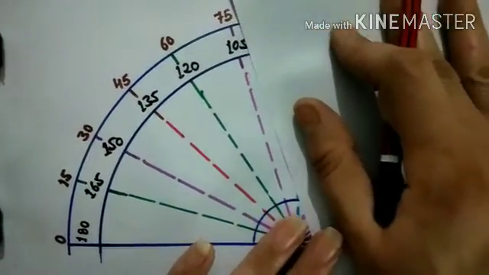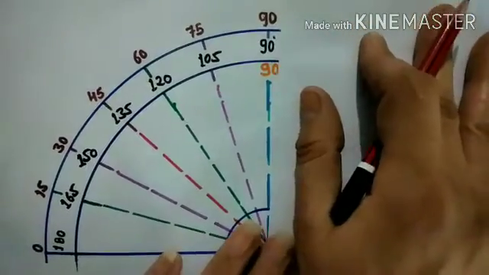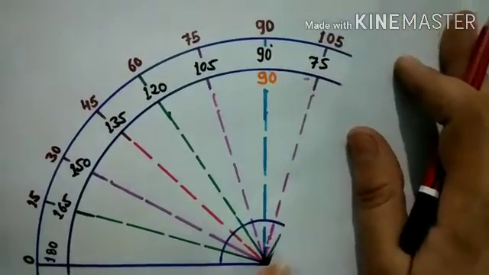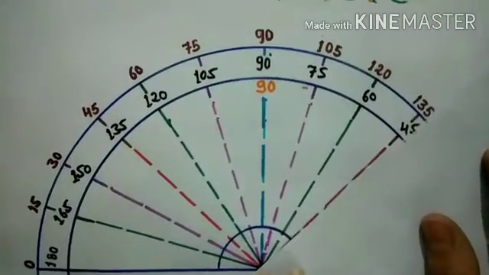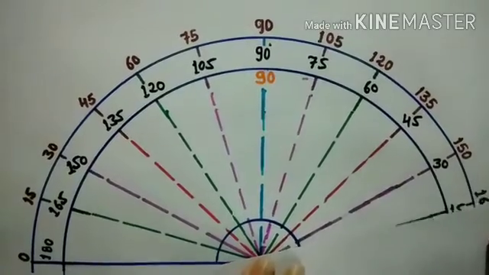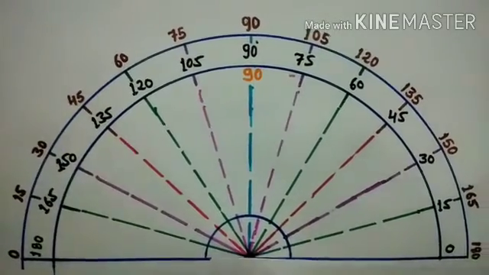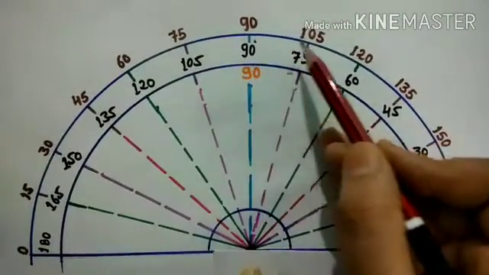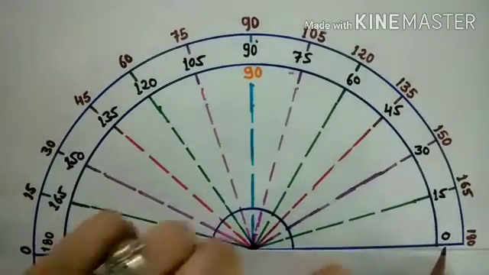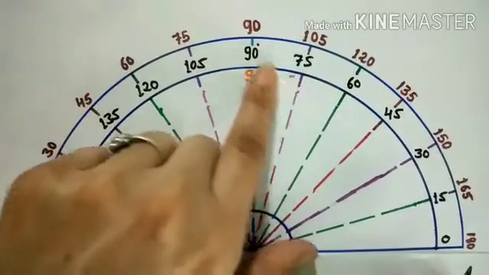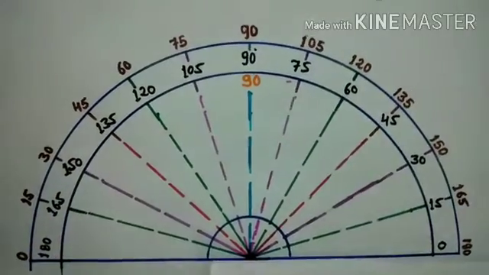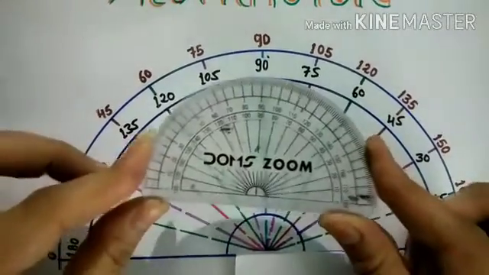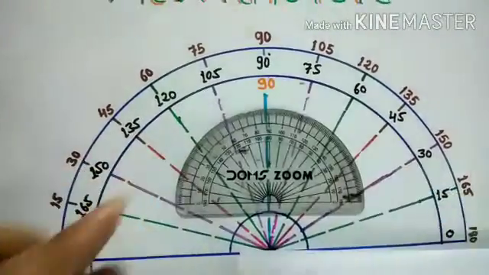Moving to the right side again, 75 is an acute angle. After that we have the 90-degree angle, that is a right angle again. Now we have obtuse angles, and we keep moving and we get the 180 point here, and this is the straight angle. So from this side, if we are measuring the angle, we will count the numbers from the outside, and if we are measuring from this side, we will count the numbers on the inner side. Okay students, this instrument is known as the protractor. Now we will do some examples.